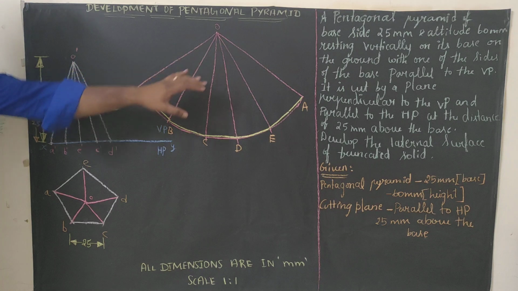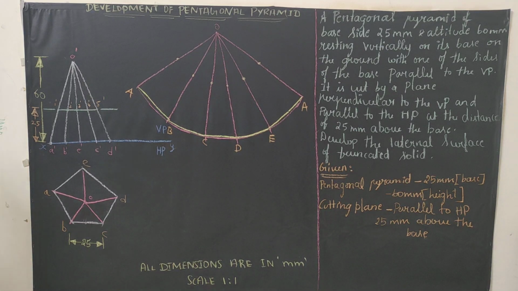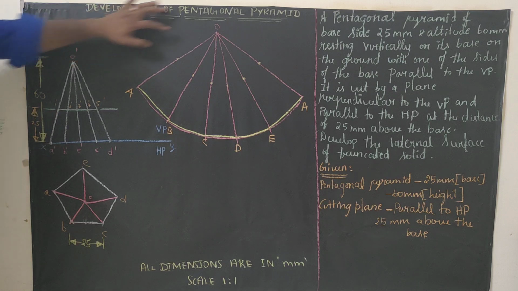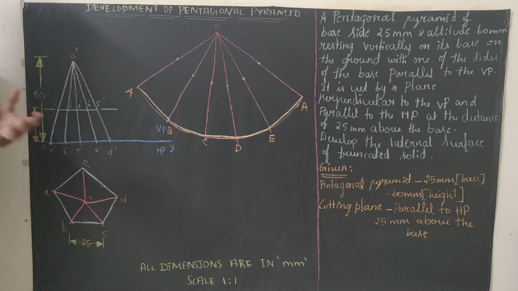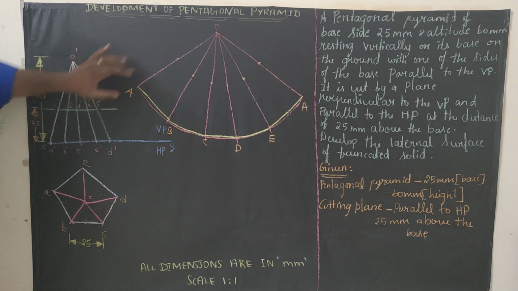I will explain how to mark the cutting points in the radial line method. Now you need to take your compass and measure from O dash to 1 dash. From here you can cut an arc, or else you can use your scale and mark a point. Measure O dash to 1 dash, and it's lying between O dash and A dash. So between O and A, we just keep a point as 1.